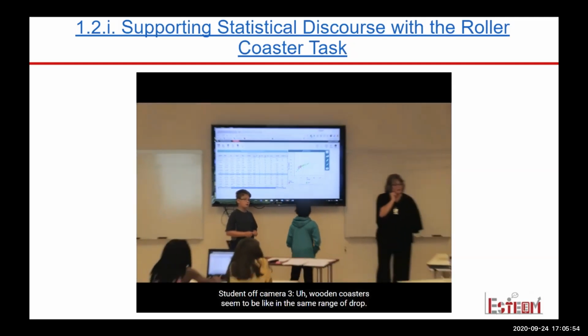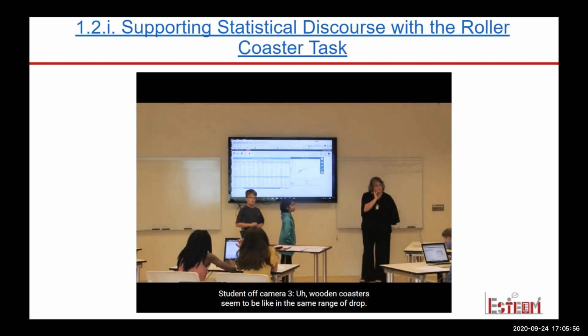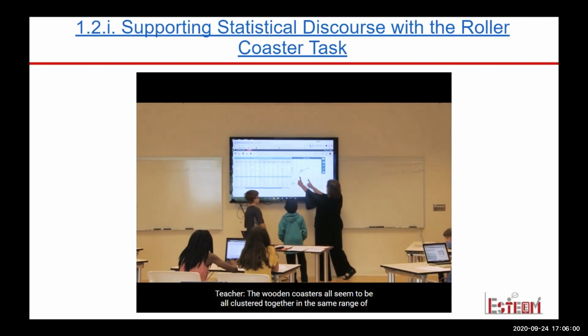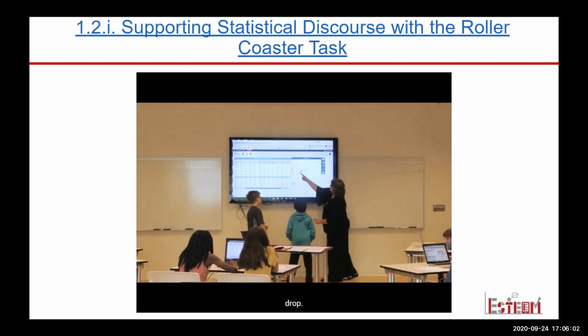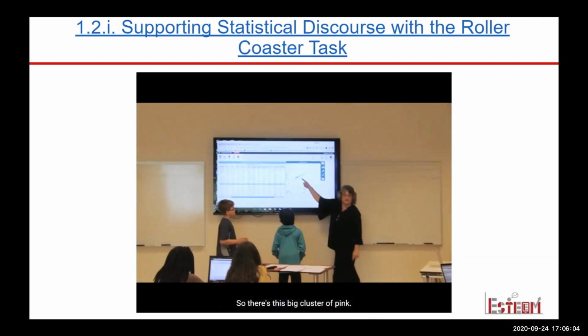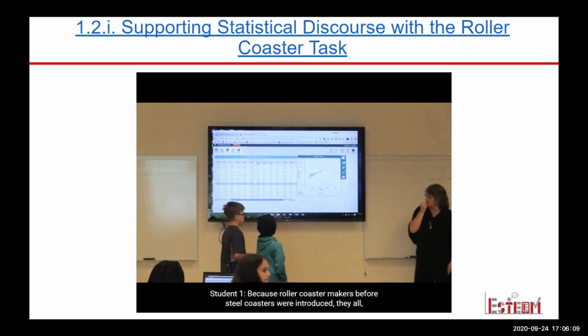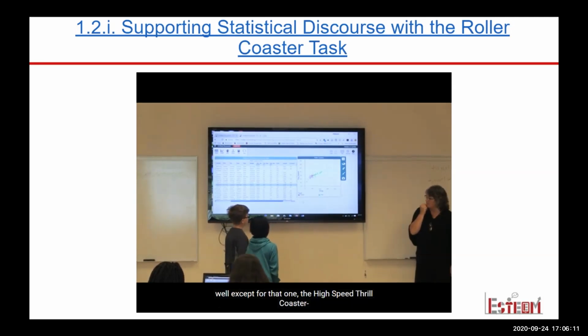Wooden coasters seem to be in the same range of drop. The wooden coasters all seem to be kind of clustered together in the same range of drop. All right, so there's this big cluster of pink. Because roller coaster makers, before the steel coasters were introduced, they all, well, except for that one, the high-speed roller coaster,